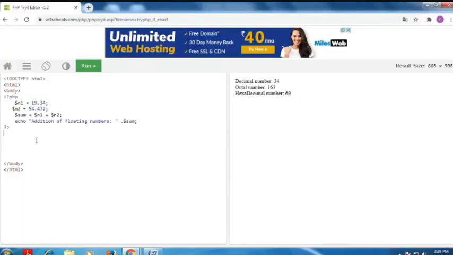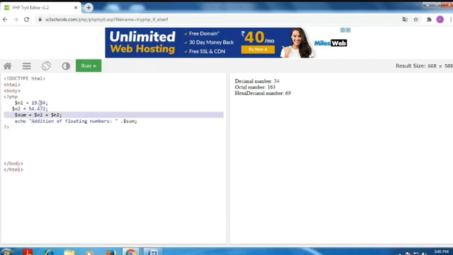See here, I declare two variables. One is n1, and n2 is the other variable. I assign floating point numbers. How to know this is a floating point number? It is a decimal number. You have to put the dot value, that is 19 point, and after the point, 3 and 4. Don't say it's 34, it's 3 and 4. So here n1 is the floating point number equal to 19.34. Next, n2 is also a floating point number, specified as 54.472. I add the two floating point numbers and store the result in the sum variable. So when I add both floating point numbers, I get the result as a floating point number only.